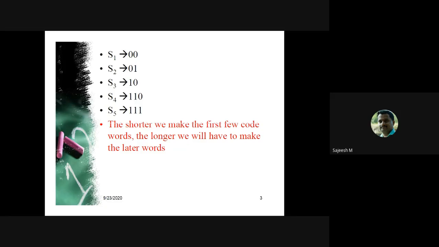The code words are 110 and 111. And here we can conclude that the shorter we make the first few code words, the longer we will have to make the later words. If we assign shorter code words to the first symbols, then the later code words will be longer.